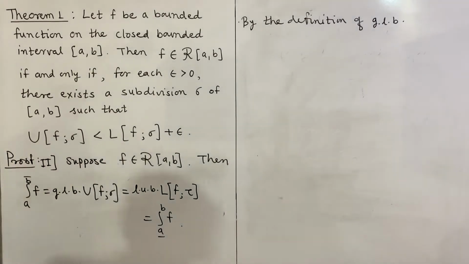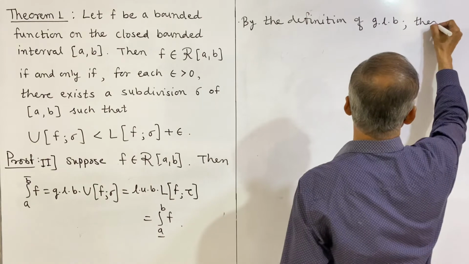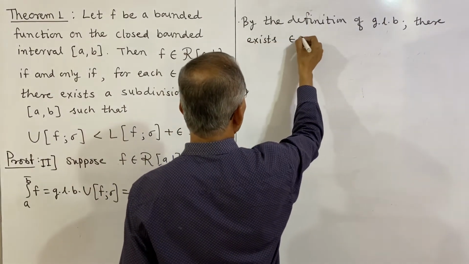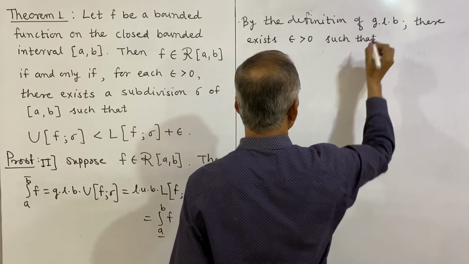So there exists epsilon greater than 0 such that,